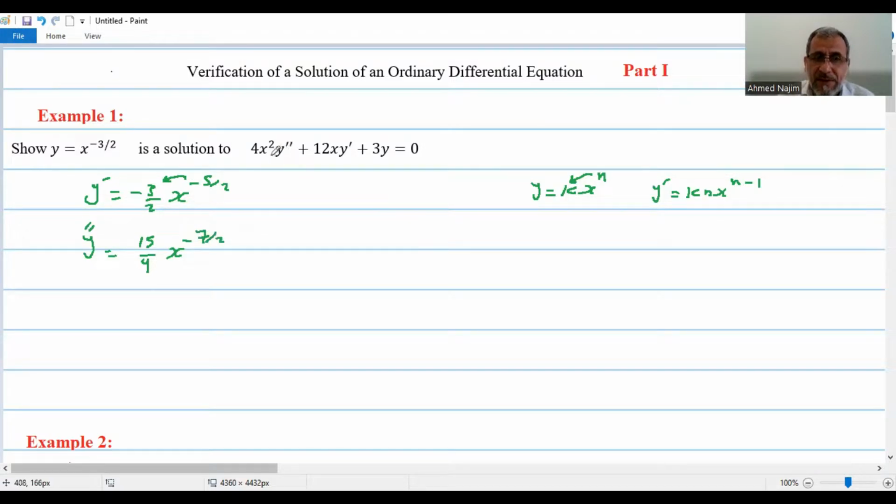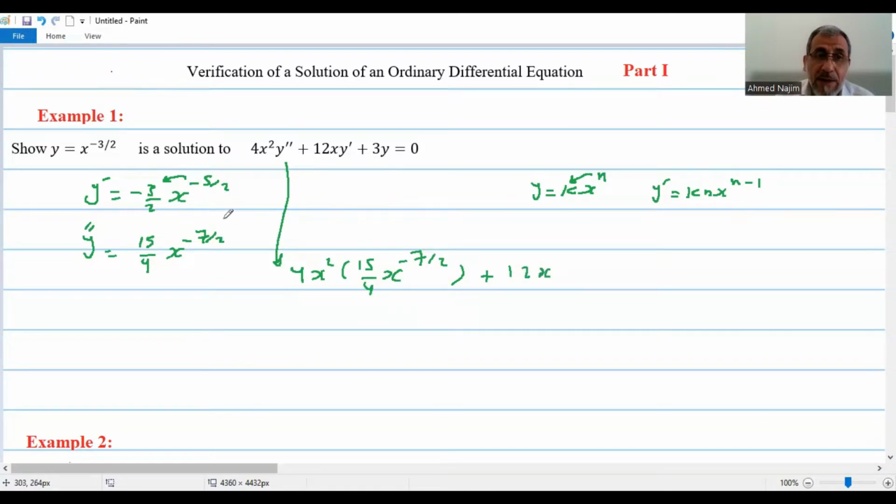Now we have to write the equation. You have 4x squared times y double prime. Y double prime is 15 over 4, x to the power negative 7 over 2. This represents the first term, plus now the second term,